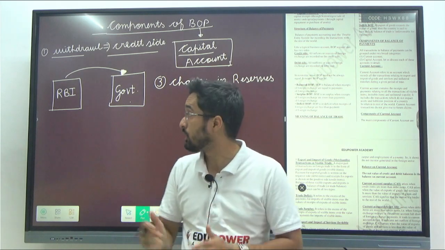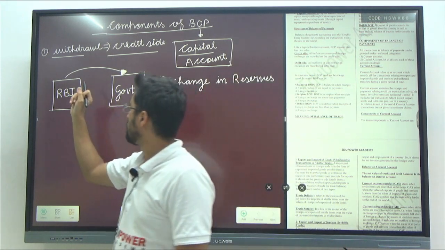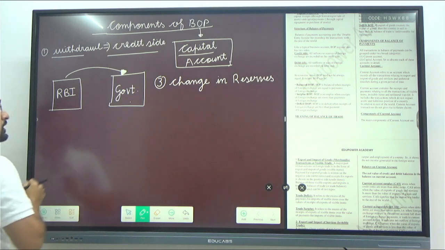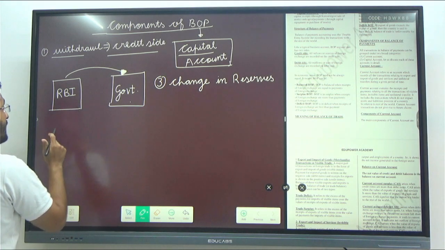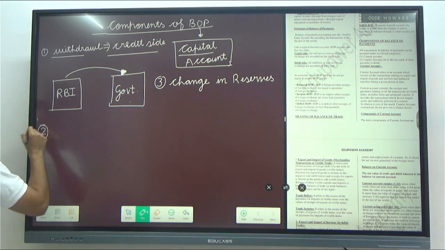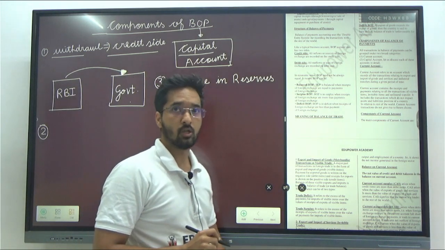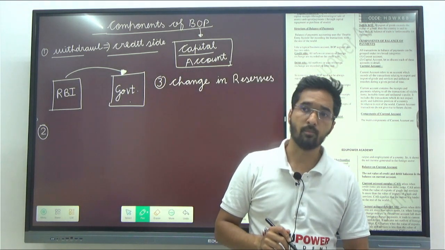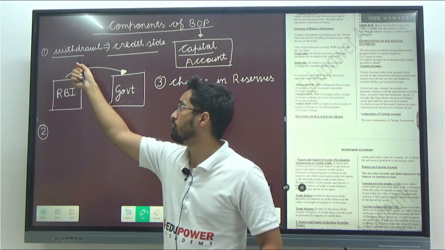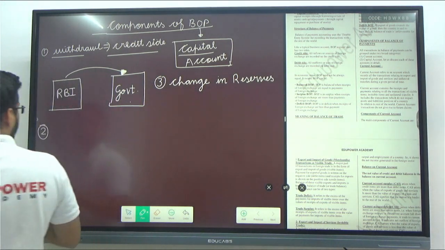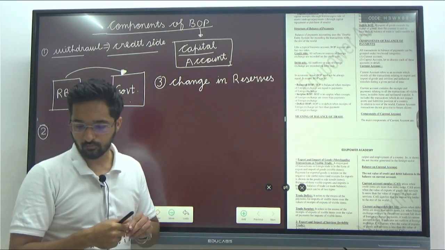So, we have to look at the government. So, withdrawal of reserves is included on the credit side. And likewise, this can be directly asked in the exam, whether withdrawal from the reserve is taken on the credit side or the debit side. So, you should know that withdrawal from the reserves is taken on the credit side. Next is